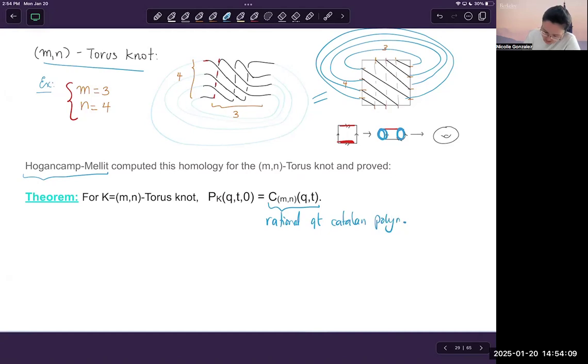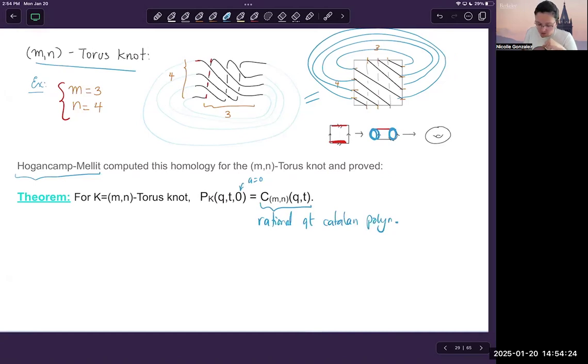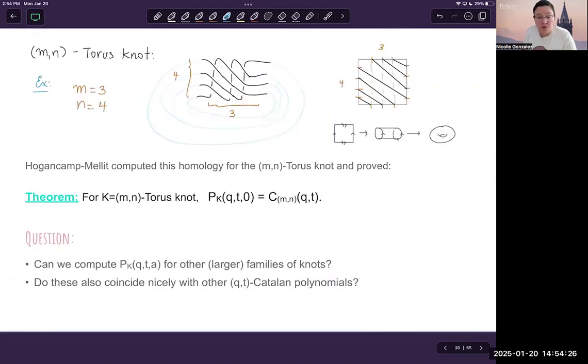Right? And notice that here, the a is 0. So I got rid of one of the variables. So it specializes to the rational Qt Catalan polynomial. Which is amazing. Like, why would something having to do with Dyck paths and lattice paths have anything to do with knot theory? So that begs the question, like I said, first of all, right, can we compute these polynomials